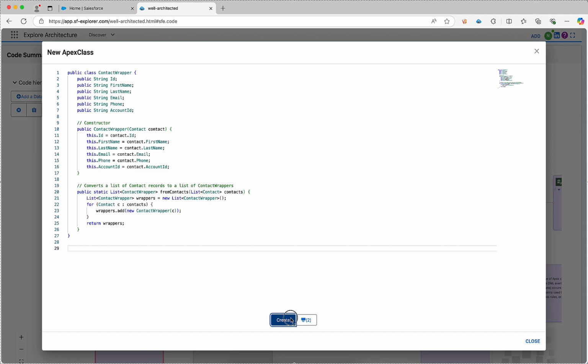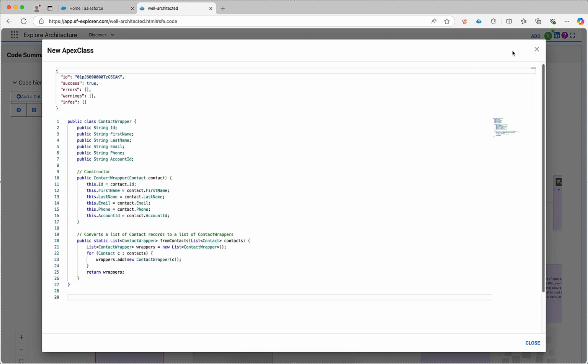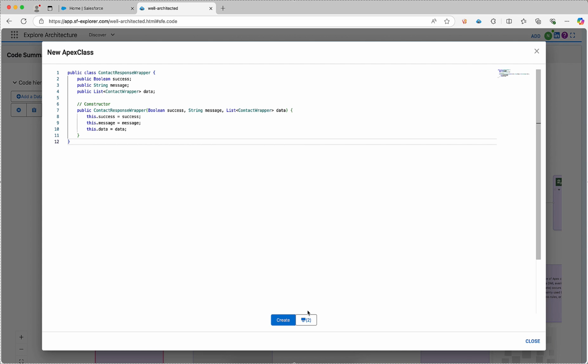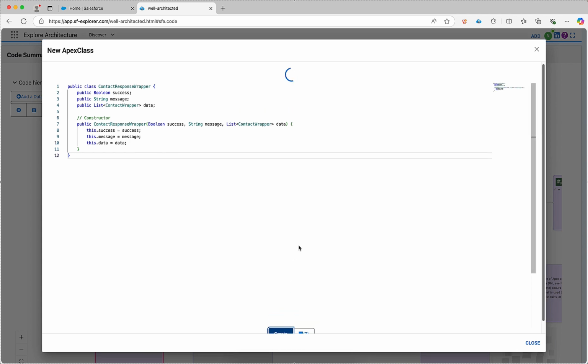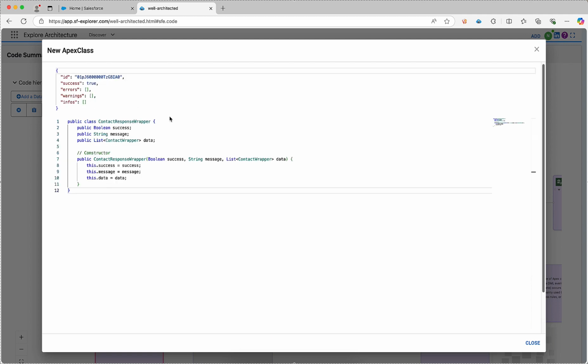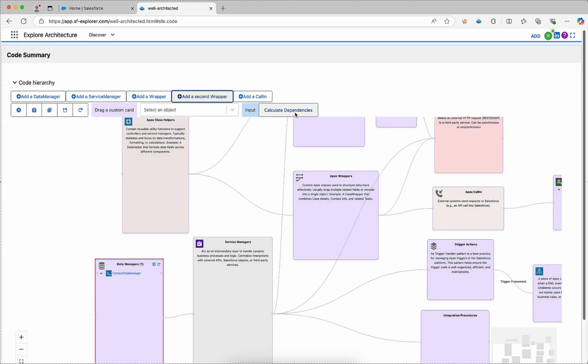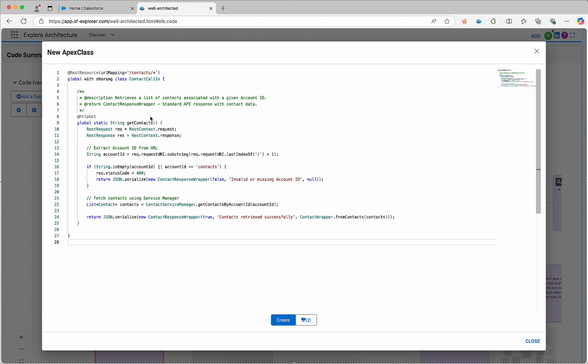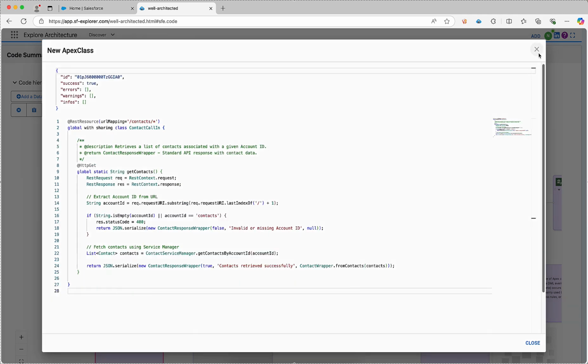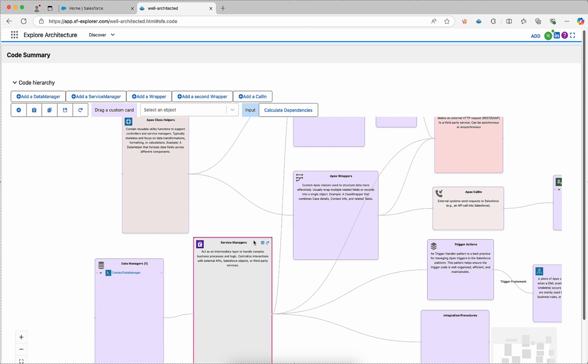You can create a wrapper for your contact, right? So I'm creating a wrapper. I will be creating a second wrapper, right? That is my response wrapper. And at the end of the day, what I want to do is create this into the pattern, right? If you do things correctly, you'll see that the last part, the service part, will be using the wrapper, that will be using the service manager, that would be using the data manager. So basically, those arrows should be